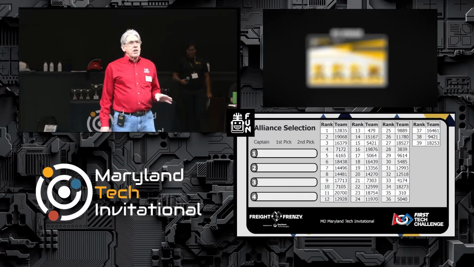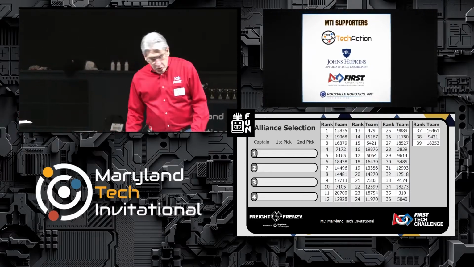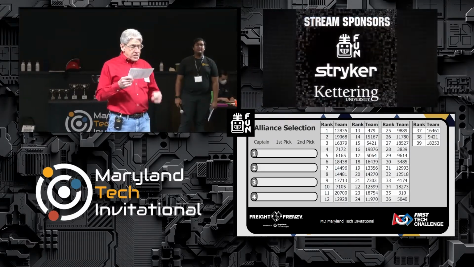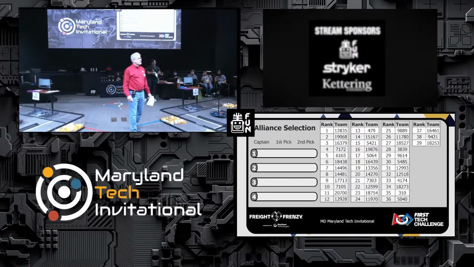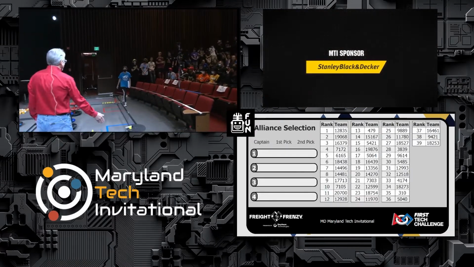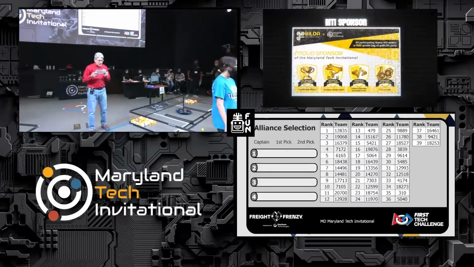So with that, we're going to call down the alliance captains. First of all, we are going to line you up, Alliance 1, 2, 3, and 4. So when you come on down, we're going to call down our captain for number 4 ranked team, team 7172. Congratulations. Please stay there. There you go. And our number 3 ranked team is team